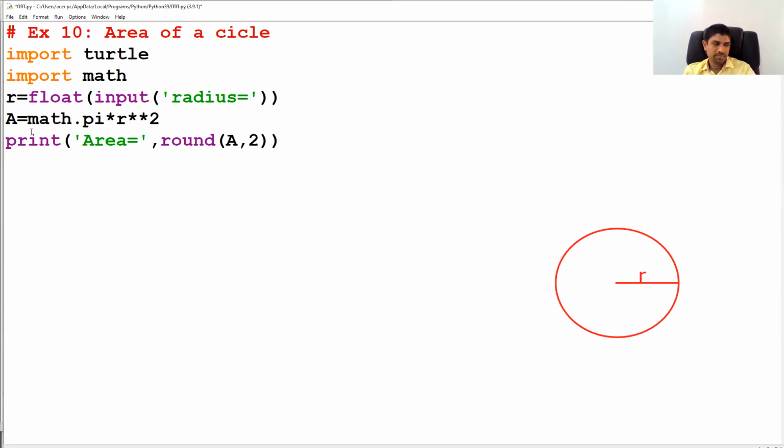math.pi. You can draw that circle, turtle.circle with radius r. Then you can write